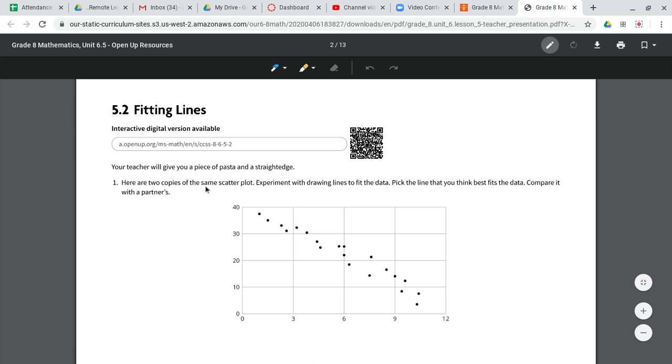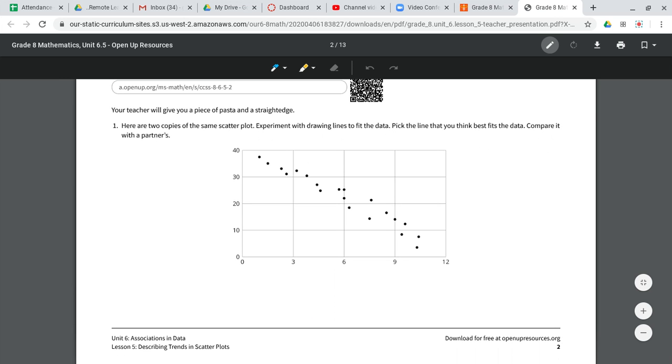So here are 2 copies of the same scatter plot. Experiment with drawing lines to fit the data. Pick the line that you think best fits. Compare it with a partner's. Obviously, we can't really compare, but we're going to take and look at trying to draw lines of best fit. So we're going to look at seeing different ways to do these